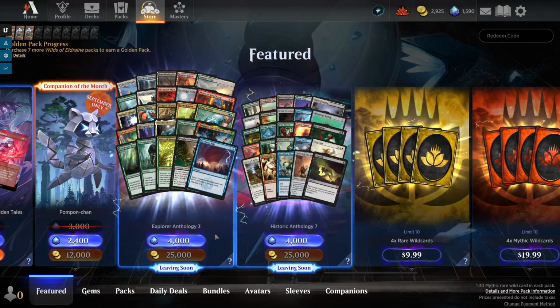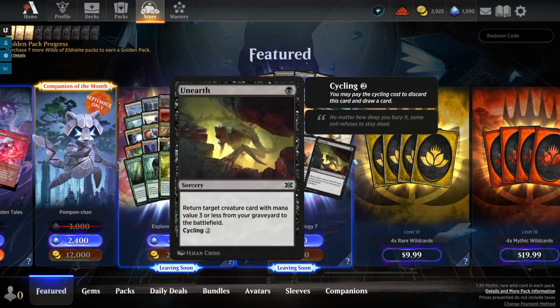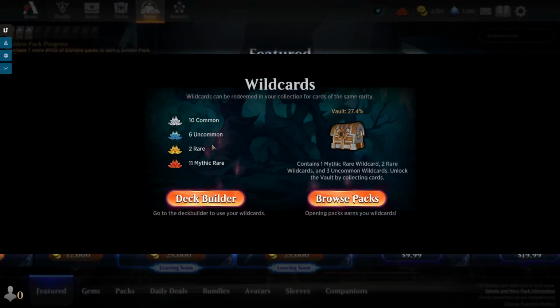Which means that we get to save on wild cards quite a bit and could be a very nice entrance into either Explorer or Historic, whichever your cup of tea is, and that is really going to depend on which cards are superior. Unearth is a fantastic card in all of its rights, but it is a common and easy to craft. We're not really interested in looking at the commons and the uncommons because even though I'm blowing through common and uncommon wild cards left and right on this account, they seem to keep coming into my collection. The rares, the mythics, that is where the bottlenecking happens in Magic the Gathering Arena,